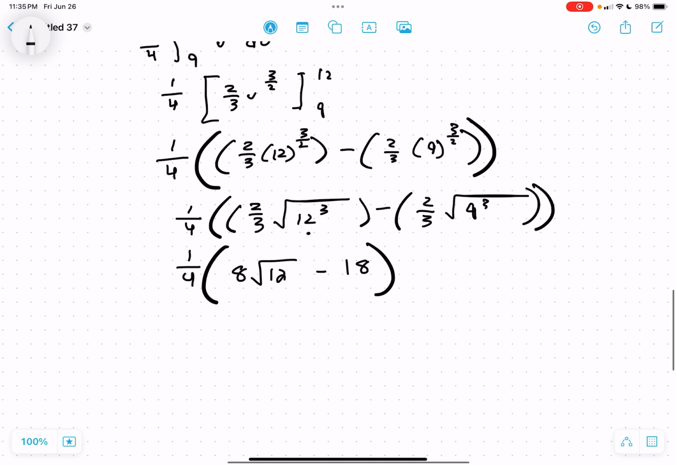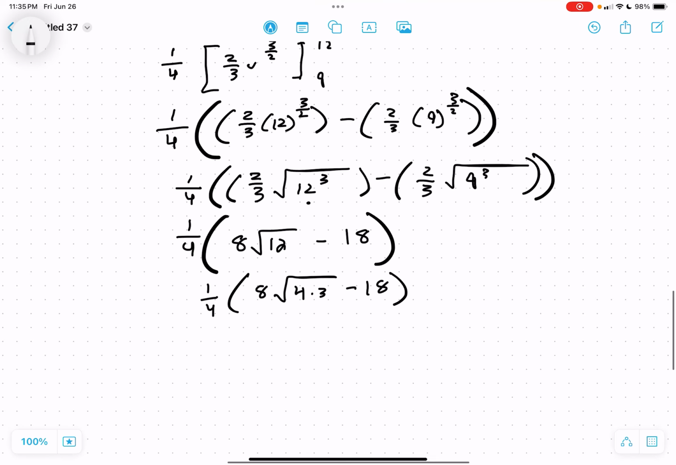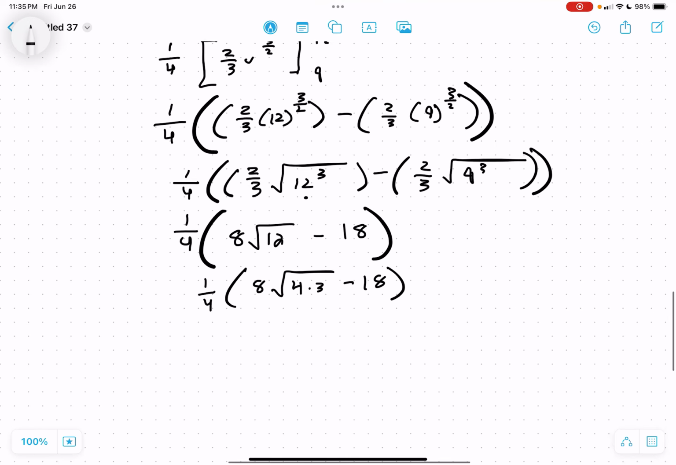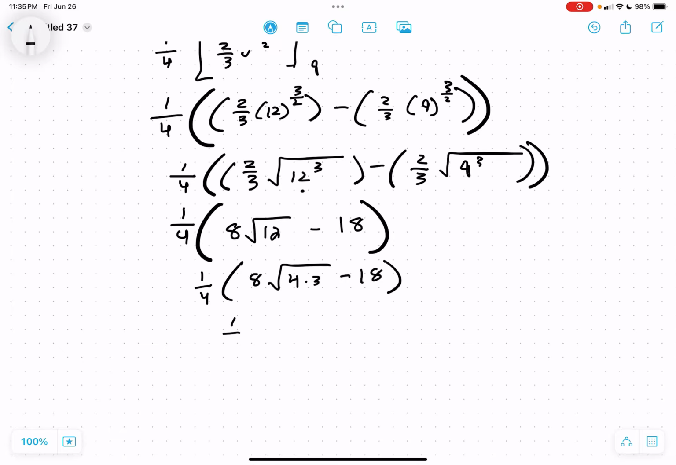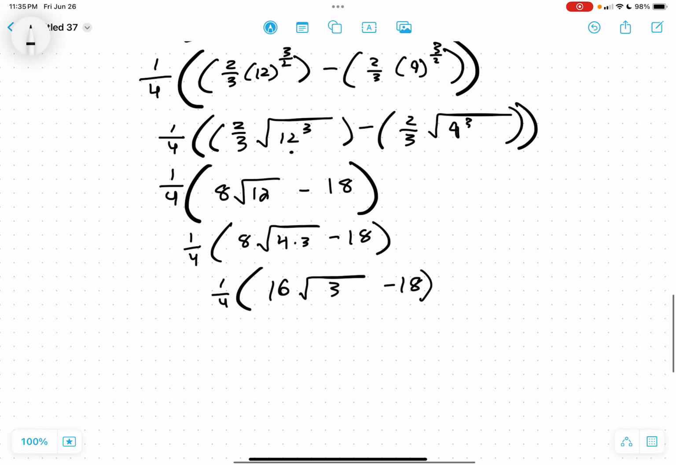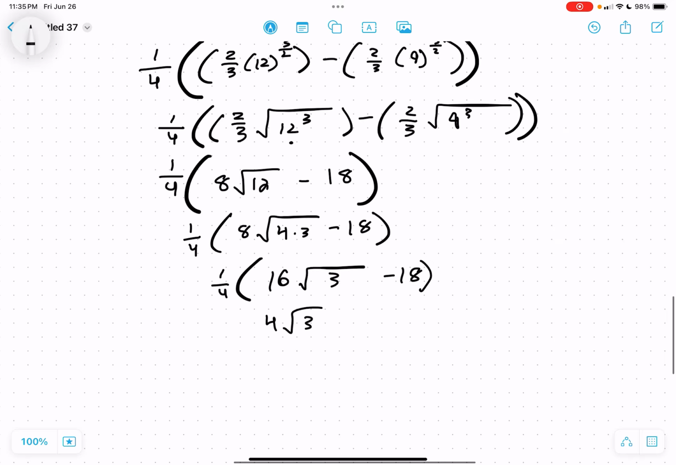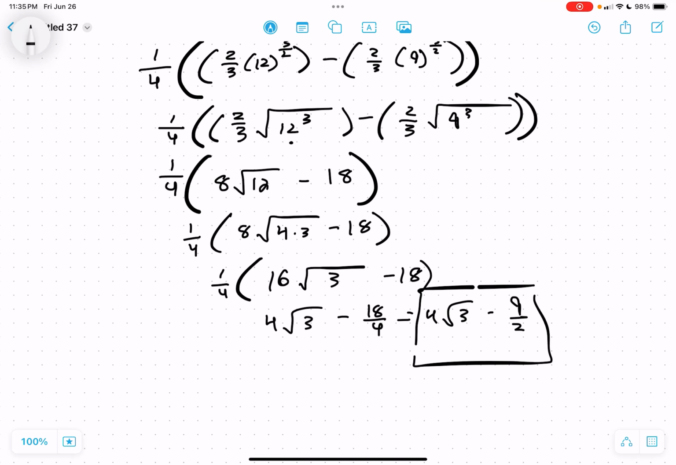Now notice I can still simplify this radical. I can say that this is going to be 1/4 times 8 root 4 times 3 minus 18. 4 is 2 squared. So I can bring out a 2, and I get 16 root 3 minus 18. Then I distribute my 1/4, and I get 4 root 3 minus 18/4, and that simplifies to 4 root 3 minus 9/2. And that is the definite integral